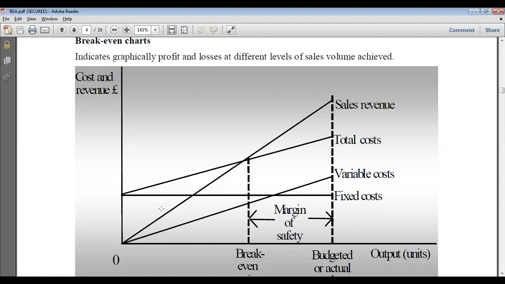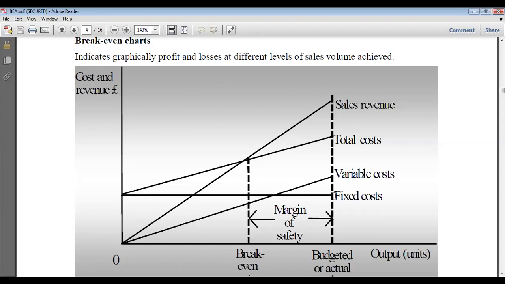Now we'll come to the second line. This is the fixed cost line. We have earlier discussed that the fixed cost is always fixed, no matter how many products you are producing. You are producing one or five or 5,000 or 10,000, whatsoever, the fixed cost will remain constant. This fixed cost we earlier discussed as the direct production cost, which included direct labor cost, direct material cost, and other expenses. So this fixed cost line will remain constant.